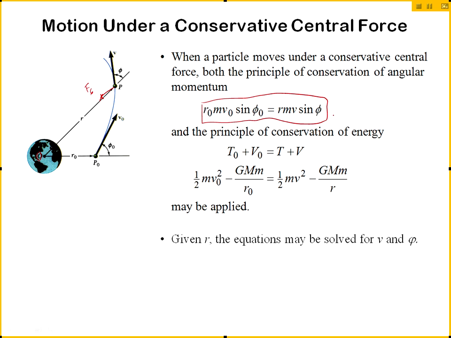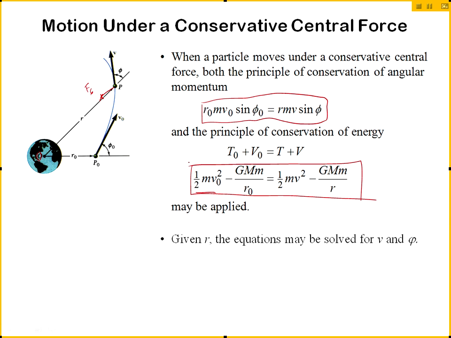So not only is the angular momentum conserved about point O, since the force of gravitation is also a conservative force, the total mechanical energy is also conserved. So initial kinetic energy plus initial potential energy due to gravity is equal to the final kinetic energy plus the final potential energy. And initial kinetic energy is of course 1/2 m v0 squared. Okay, and if you remember, potential energy due to gravitation is negative G M_Earth m divided by r0, which is the distance between the satellite and the Earth. So we can apply these two equations